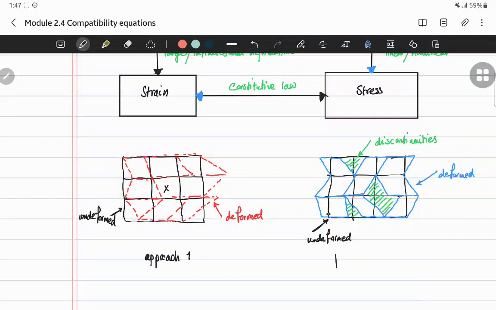So, a possible answer from approach 2. So to guarantee that your solution basically represents a continuous domain or a continuum, you have to satisfy a set of equations. We will discuss this in this module. Okay,